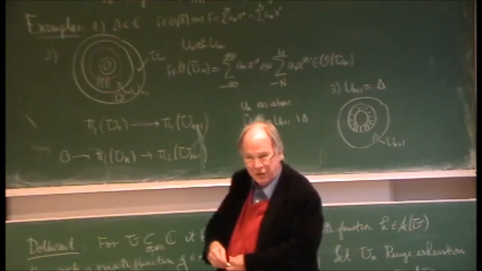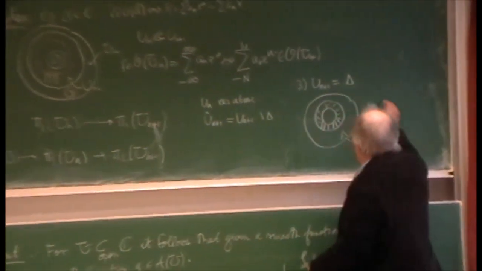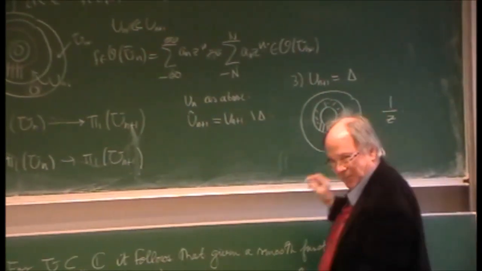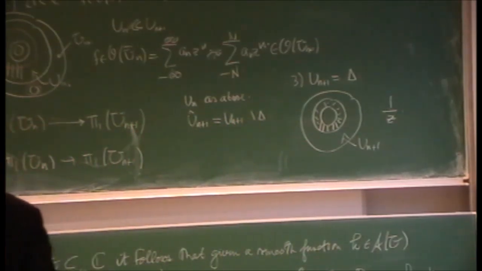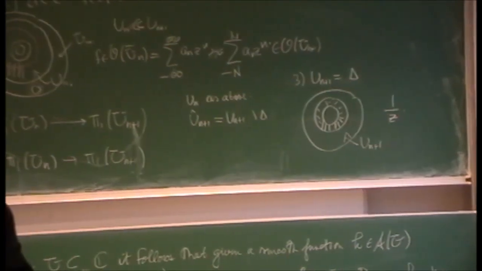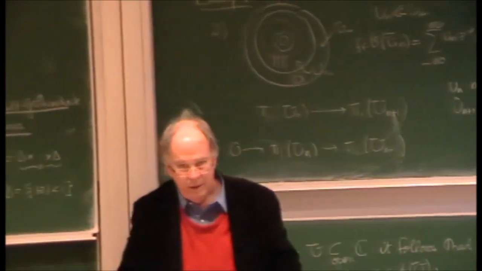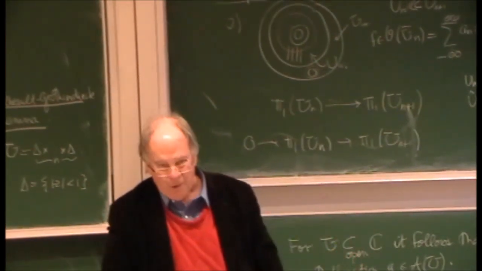This is the first thing you learn in the first baby steps in complex analysis. You better consider the function 1 over z. You can never approximate the function 1 over z, because if you had a sequence of functions approximating 1 over z, the Cauchy integral approximates. The Cauchy integral of 1 over z is 1. These functions are holomorphic on the disk. The Cauchy integral is 0. So,